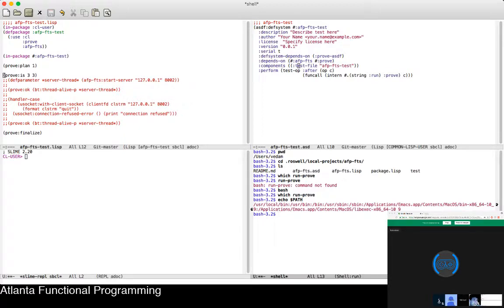It doesn't look like it actually has Roswell bin in there. Yeah, it does not. Okay, PATH equals $HOME/Roswell/bin. All right. Make sure that now finds it. Excellent. All right. This neat little utility, which is installed in Roswell bin, which is where all your